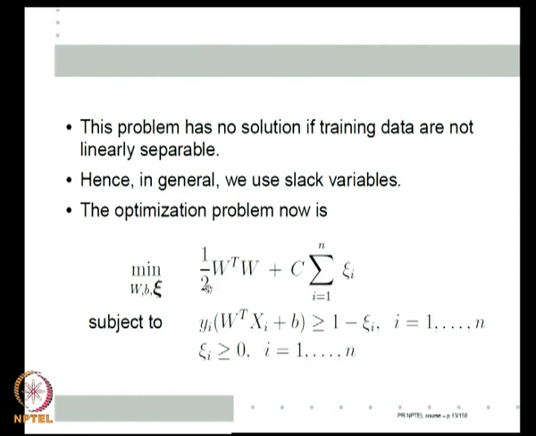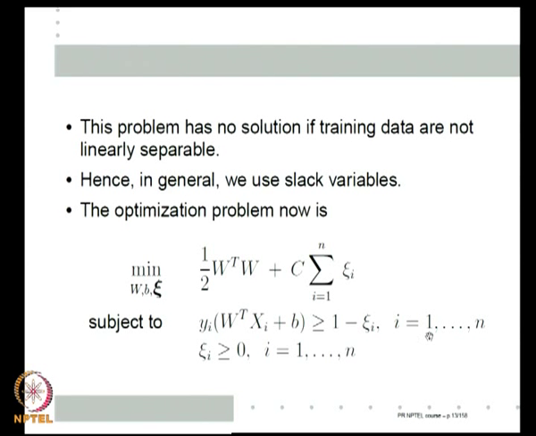There is no problem about any feasible solution, but now I cannot just minimize W transpose W, because if I am not satisfying this constraint fully, ξi is my slack variable. So, this much slack is there in satisfying this constraint. So, I want to satisfy it with as little violation as possible. So, I also add sum of ξi. We also have the constraint ξi greater than or equal to 0. So, each constraint, if I can correctly satisfy it, if there is a separating hyperplane, then possibly ξi could be 0.